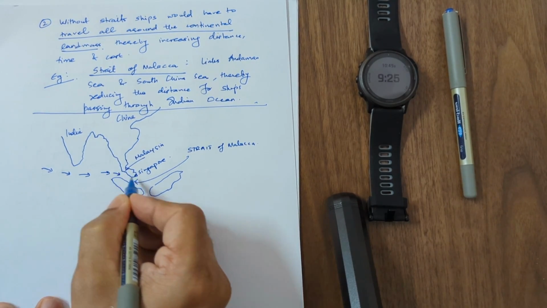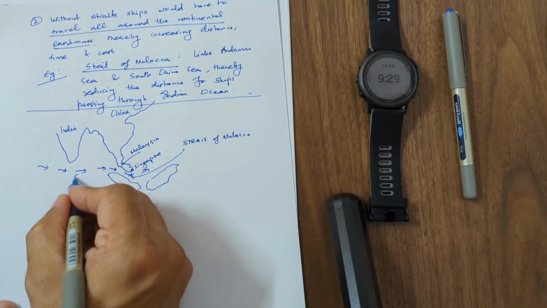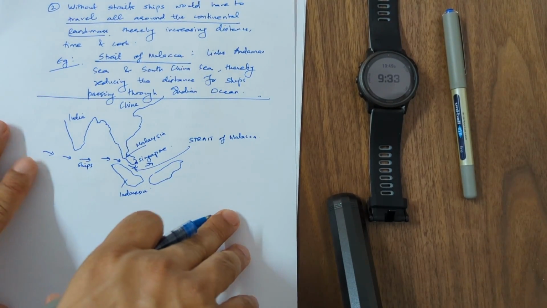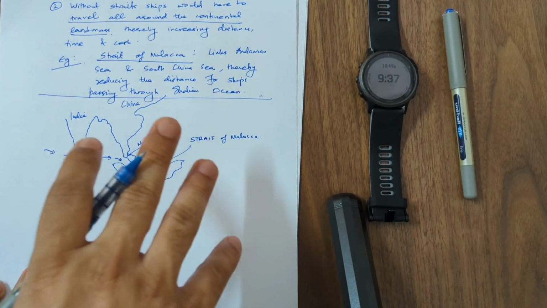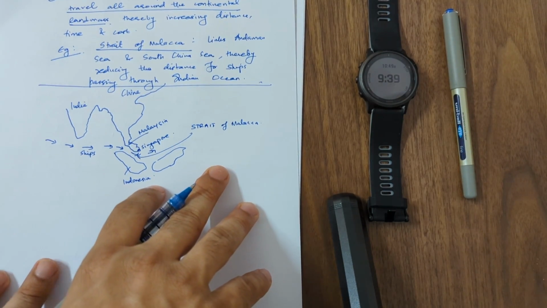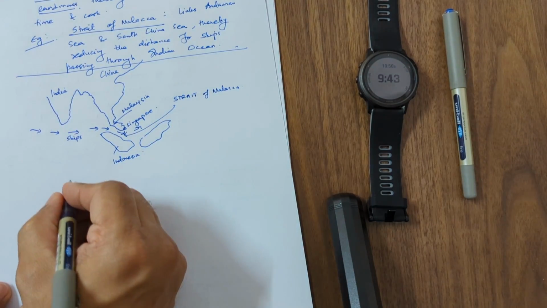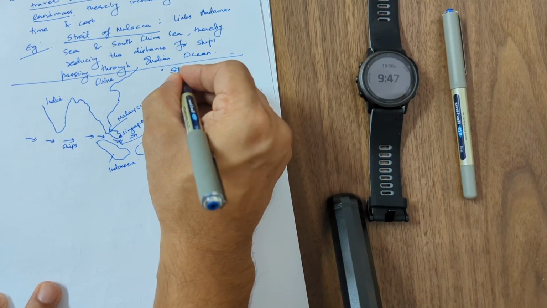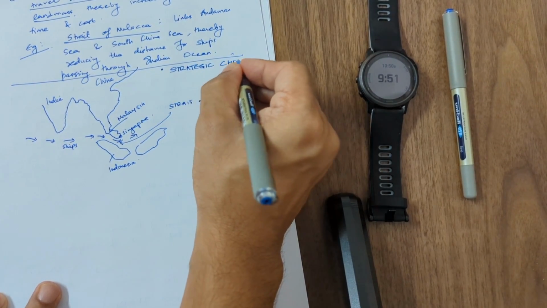So the ships can go through here for trade. Okay, so this is showing a pictorial map representation so that the person understands that you completely have an idea and understanding of this particular topic. You can provide an example, and you can additionally give a point here. It's a strategic choke point,